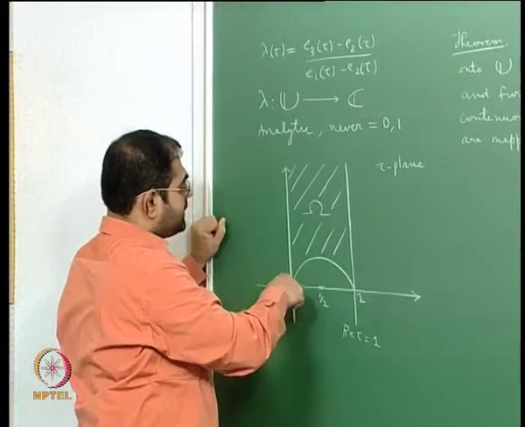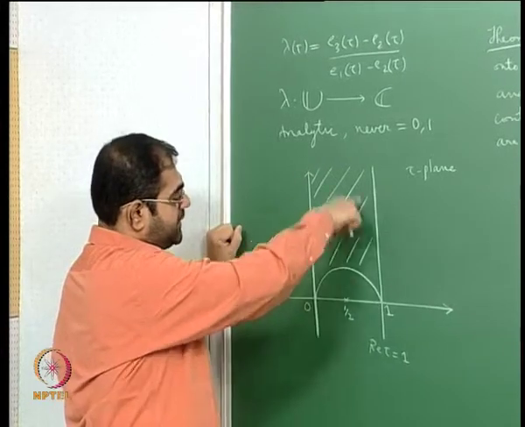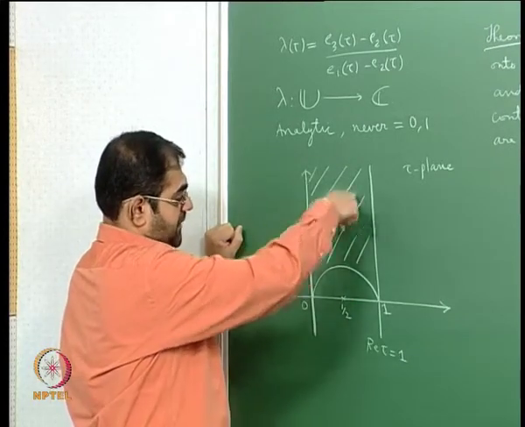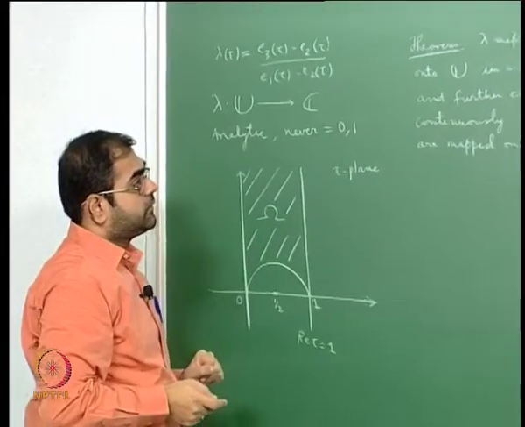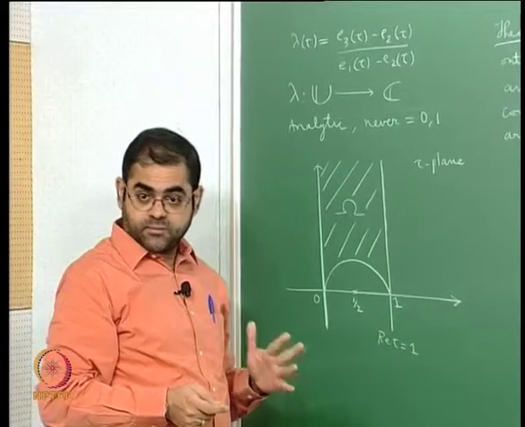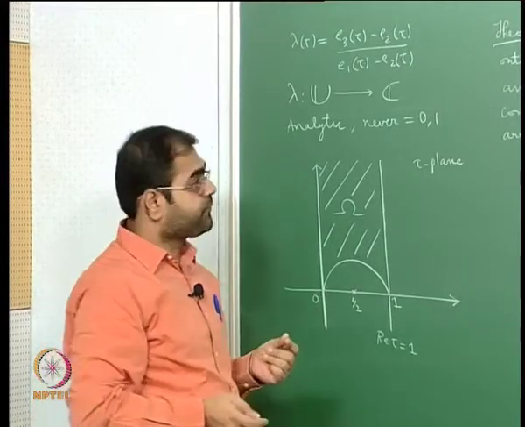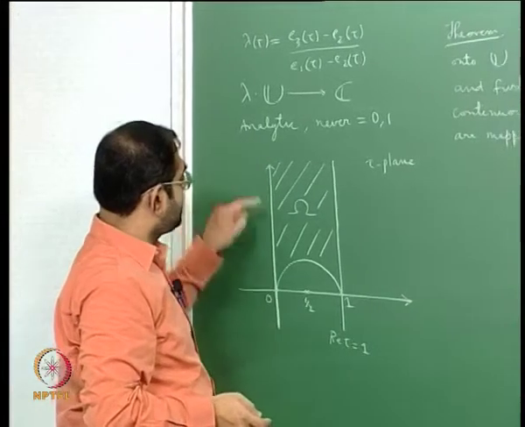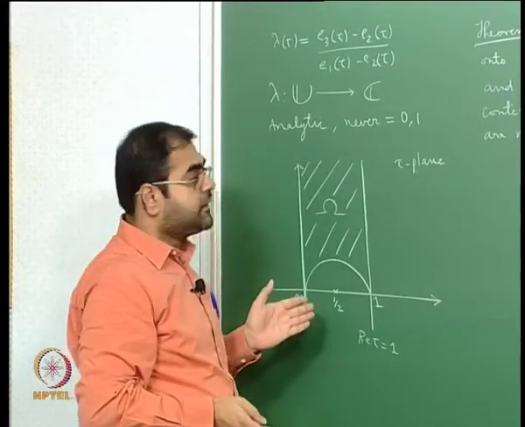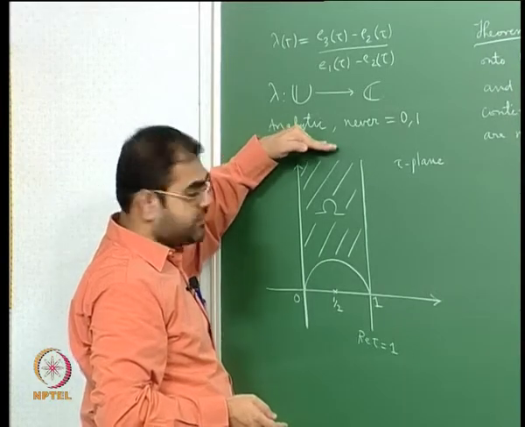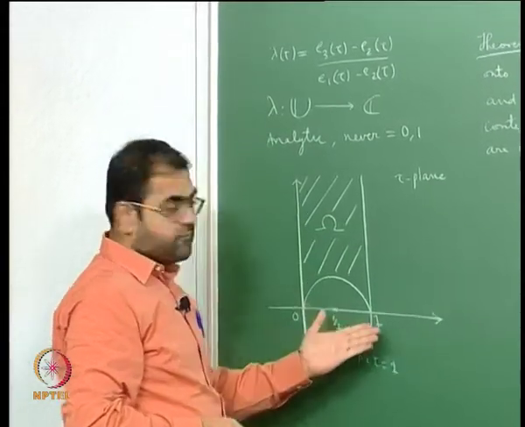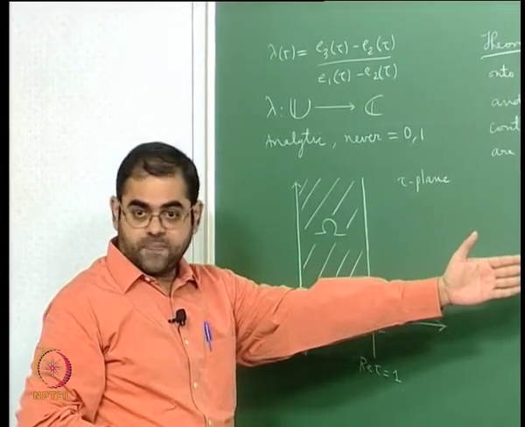What we want to say is that if you consider only this region, then lambda maps the interior of this region, by omega I mean the interior of this region, it maps the interior of this region onto the upper half plane in a one-to-one manner, and you know when a holomorphic map is one-to-one, it's a holomorphic isomorphism onto the image, which is an open set, and further you can extend lambda to the boundary of omega so that this extension is continuous, and the point at infinity, 0 and 1 are mapped onto 0, 1 and infinity in the target plane, okay, in the lambda plane,